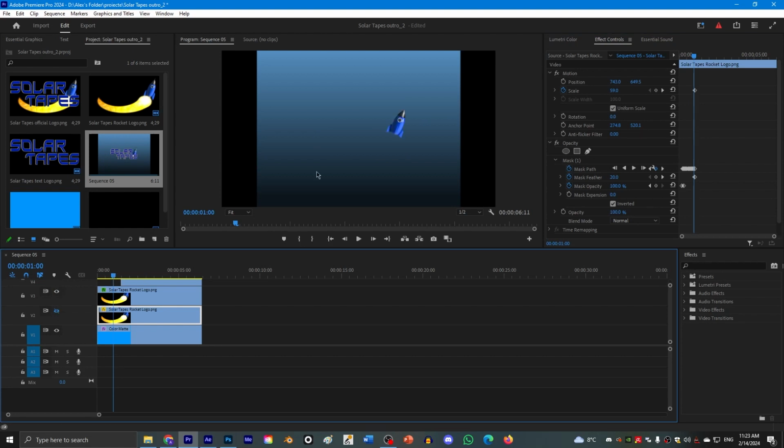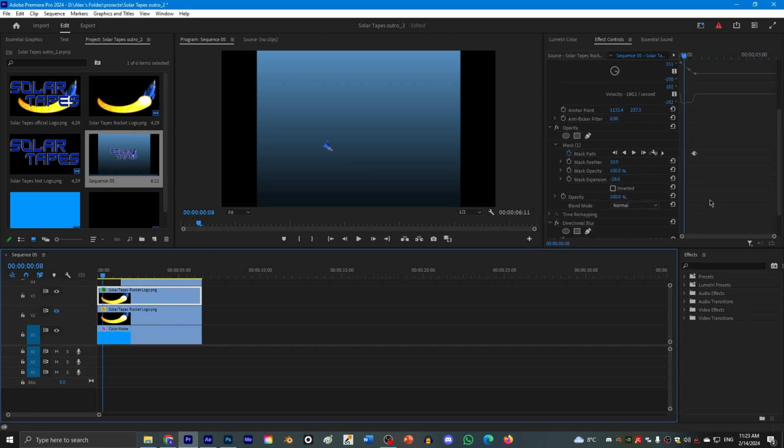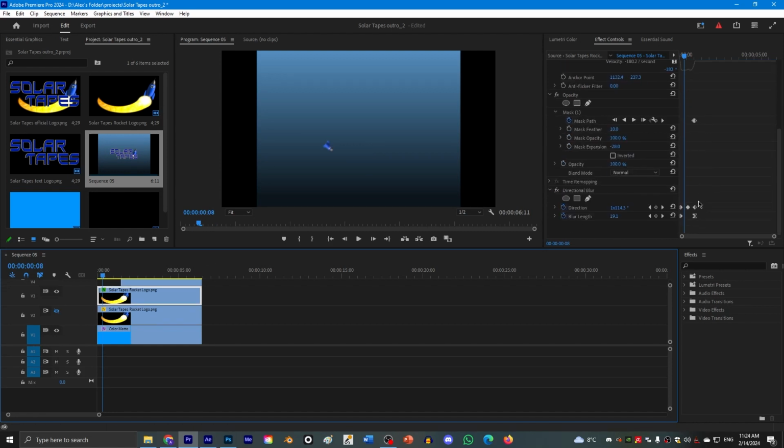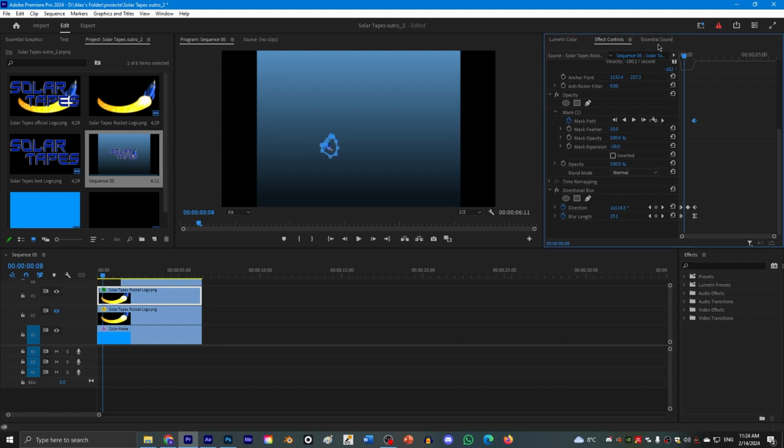I use the second layer for the rocket. And for this I also use some masking. I mask the rocket to cut the fire behind it. And I use a directional blur to intensify the effect of the rocket flying.